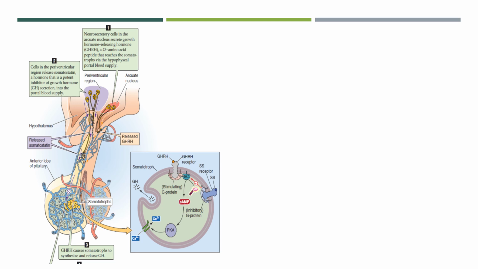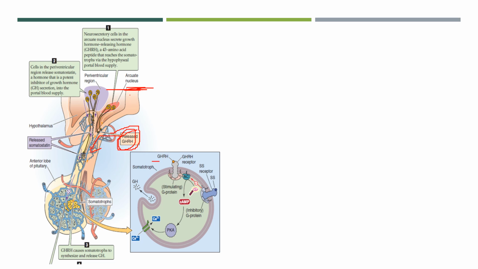So now that is how the secretion is regulated via the hypothalamus. We can say that there are some secretory cells located in the hypothalamus, which are the arcuate nucleus. From the arcuate nucleus, there will be release of growth hormone releasing hormone. So this is the GHRH that is released. Through the hypothalamo-hypophyseal portal circulation, it will come to the anterior pituitary and it will stimulate the somatotrophs. How are they going to stimulate?